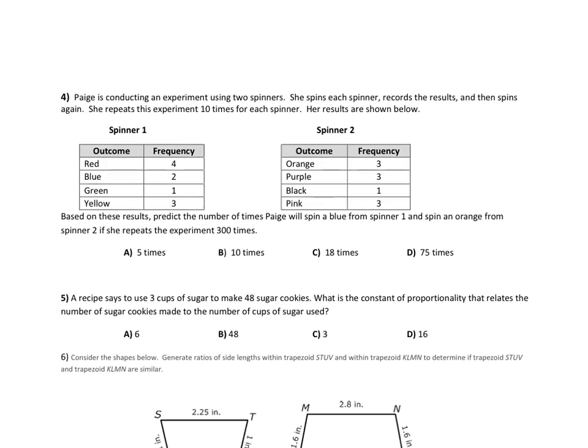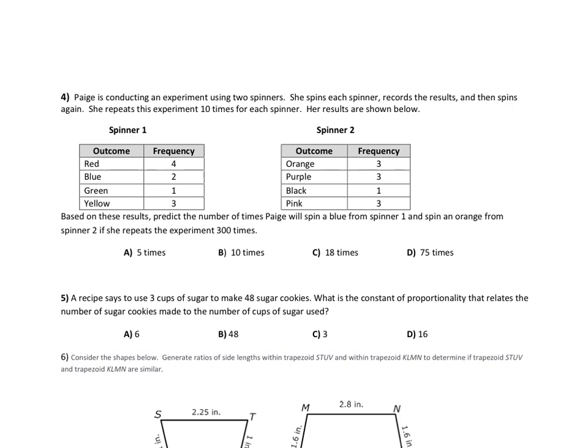Backside. Number 4. Paige is conducting an experiment using 2 spinners. She spins each spinner, records the result, and then spins again. She repeats this experiment 10 times for each spinner. Her results are shown below. Based on these results, predict the number of times Paige will spin a blue spinner one, and I think this is actually phrased differently on yours because I didn't like this phrasing. Pretty much, she's going to spin both spinners at the same time, and you want to find out how many times she's going to land on a blue and an orange at the same time